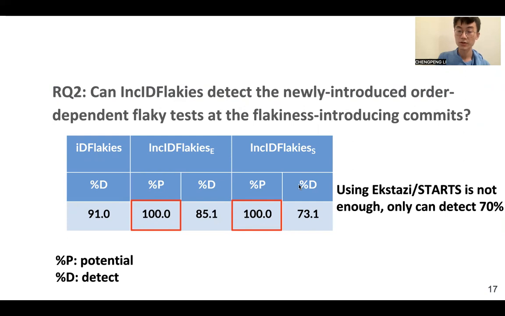However, if we only use the tests selected by the RTS techniques, Ecstasy and STARS, it is not enough. These techniques can only give us the potential to detect 70% of order-dependent Flaky tests. As for why ink-ID Flakys cannot detect some order-dependent Flaky tests within 10 test orders, you can see more details